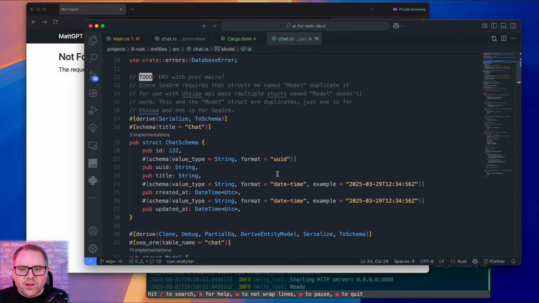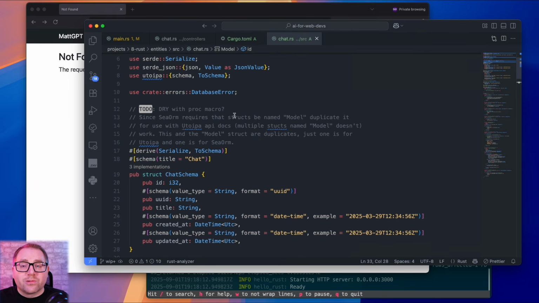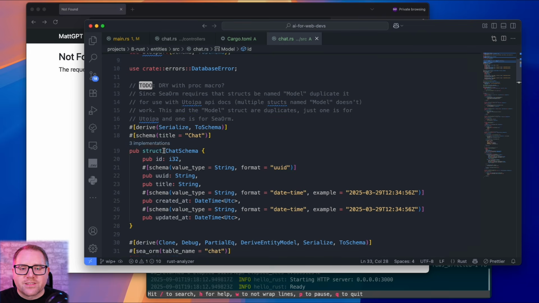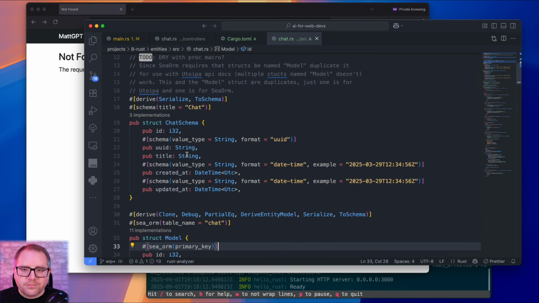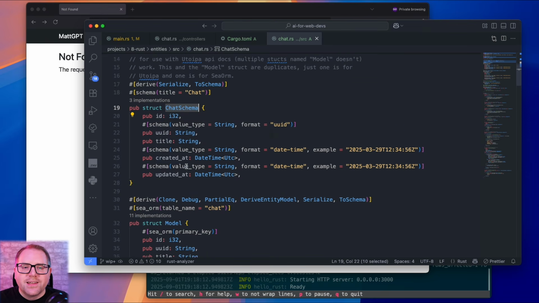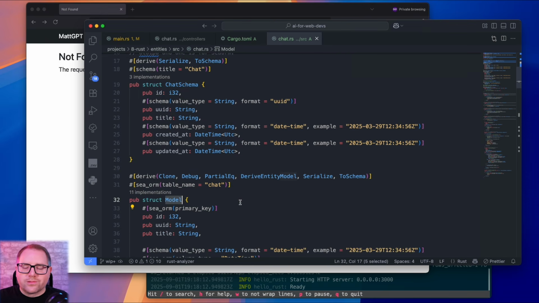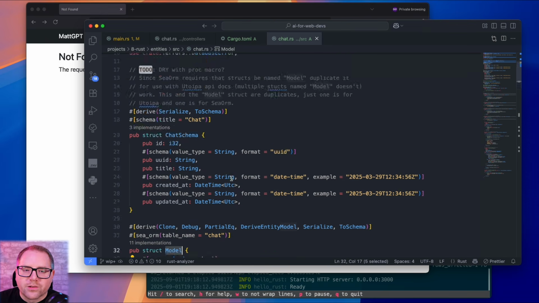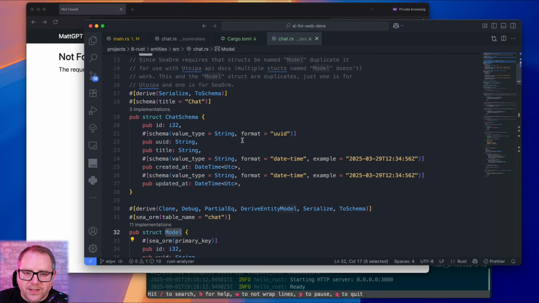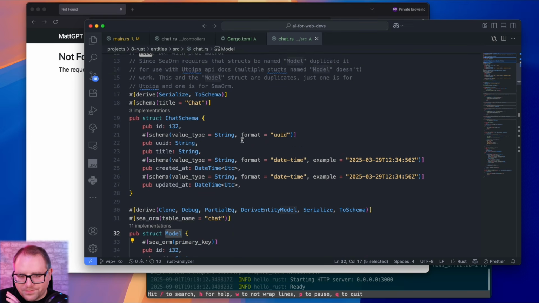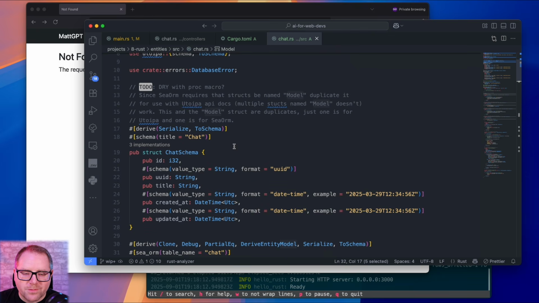And I've really tried quite a lot to do something funky, like importing it as and aliasing it and doing all this kind of stuff, and it just didn't work. So for right now, the simplest answer I have is to duplicate the struct for every model. One is for the schema, for our API docs, and then one is for the actual model, for our business logic and our code. So that's why these are duplicated. I plan on revisiting it, but for right now, that's why there's two.